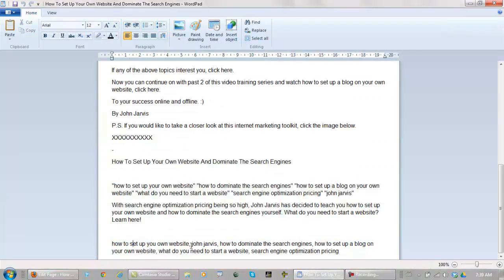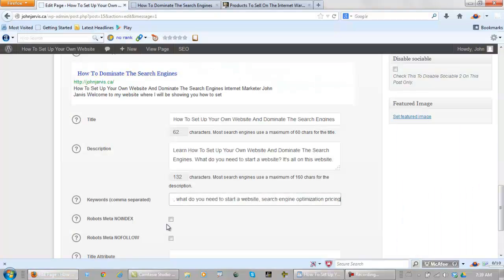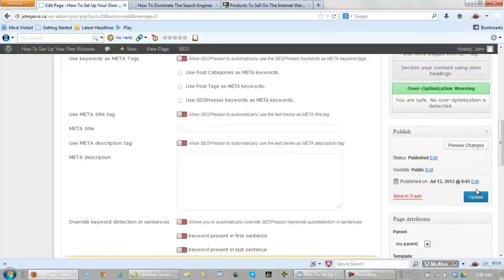How to set up your own, I made a mistake there for sure. How to set up your own website. My name, how to dominate the search engines. How to set up a blog on your own website. What do you need to start a website, and search engine optimization pricing, because these are all related. So copy, back here, paste the proper keywords in here without the spelling mistakes. I come back here, I update it,